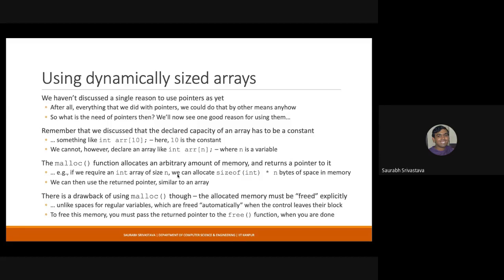Now there is another space within your program space, which we call heap, okay? And this is basically some amount of memory that can be used on the run. So basically, the idea of a malloc function is that it gives you some memory from that heap storage, okay?